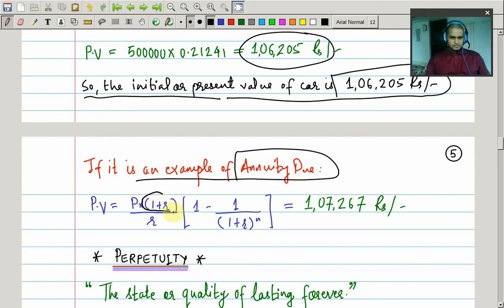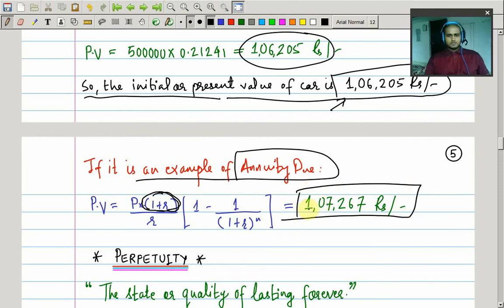This is the difference. I need to multiply this value by 1 plus r. The remaining thing is the same formula. This thing is extra. So if you do all this calculation, you will find that the car's value is